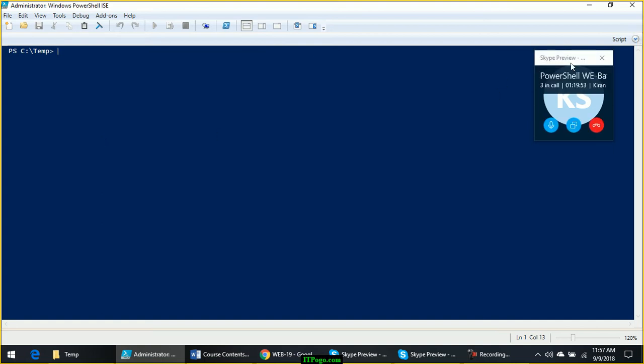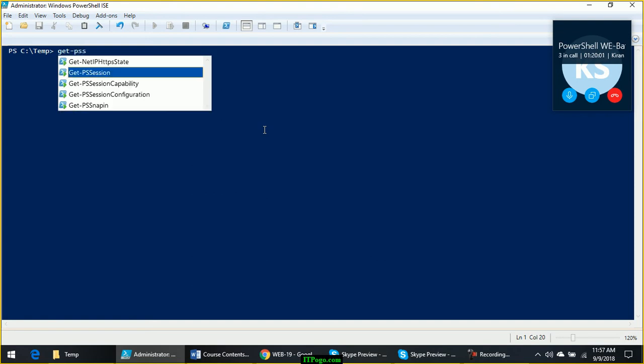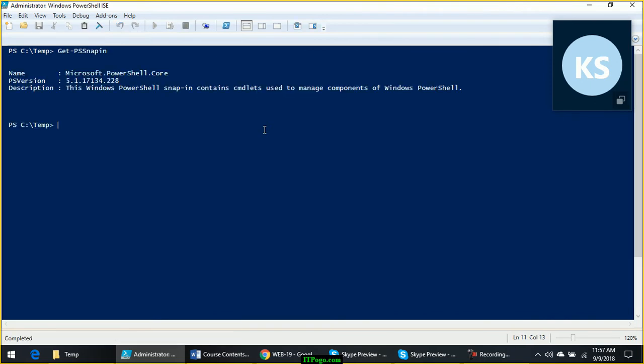Now let's try to understand the difference between snap-ins and modules and how to make use of this. Get-PSSnapin is the command to show the list of snap-ins. So currently there is only one snap-in which is available, Microsoft.PowerShell.Core.